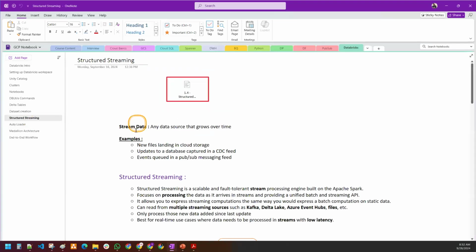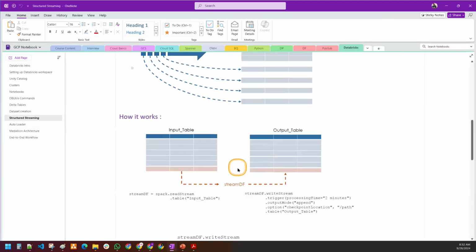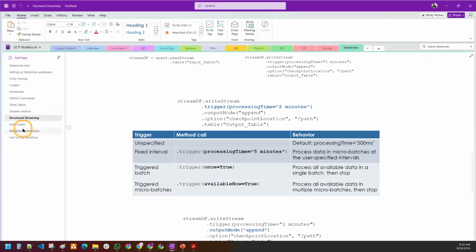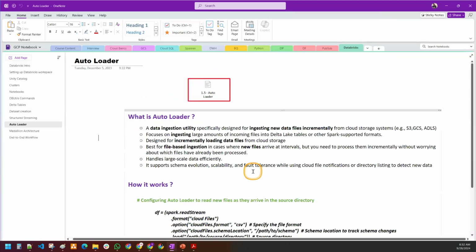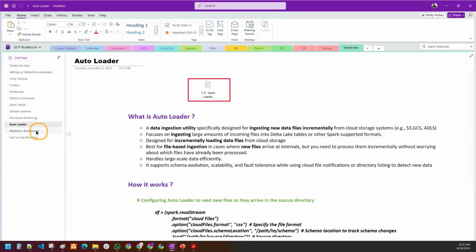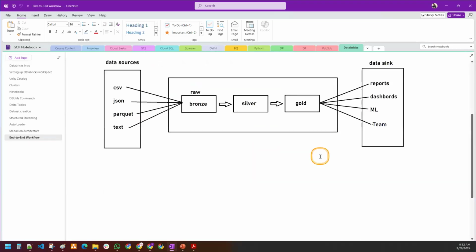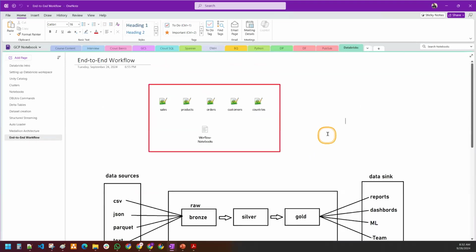creations, structured streaming. How do we create the streaming pipelines here? The modes as well as everything. And autoloader for file-based ingestion if you want to go for it. Medallion architecture, we are going to see it, and an end-to-end workflow with the medallion architecture. Okay, this is one of the end-to-end workflows with incremental pipelines using